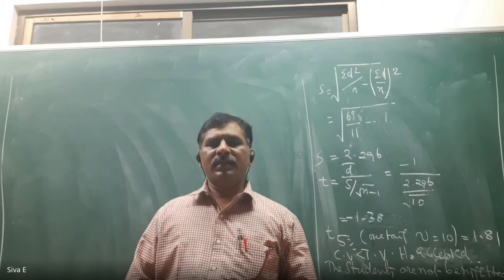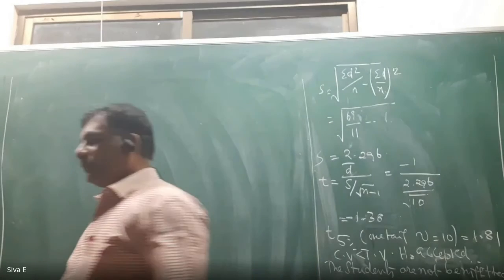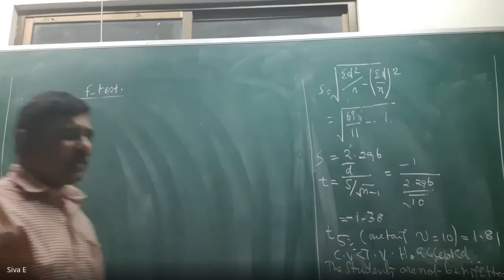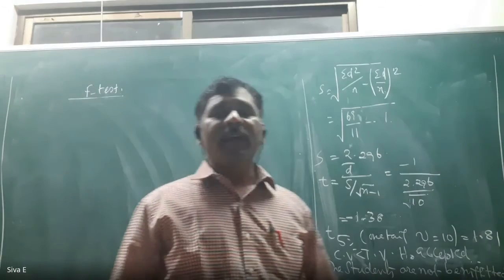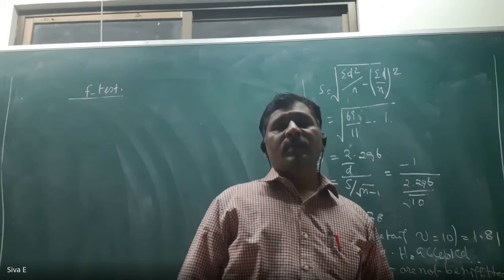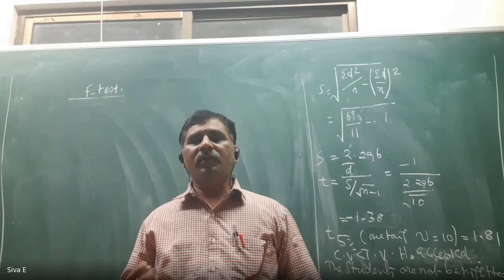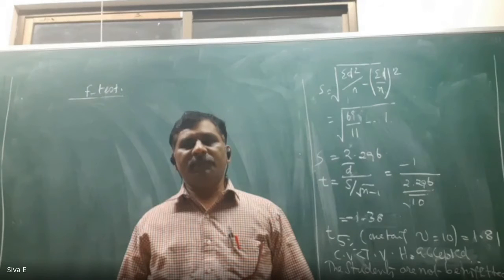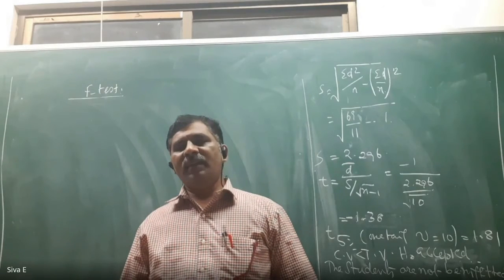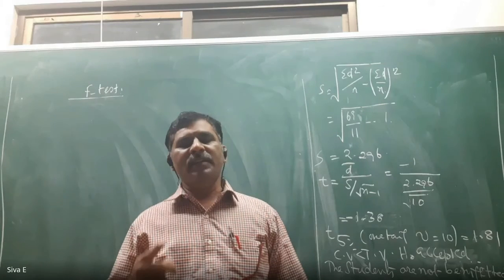So next one is F test. For the table, can you repeat? Do we have to look at 10%? For the table, we have to look in the column of 0.10 for a one tail test. And 0.05 for a two tail test. T is 5%, right? So level of significance is 5%. One tail means 0.1 column.